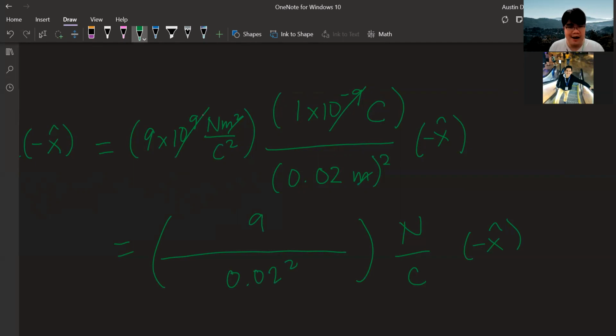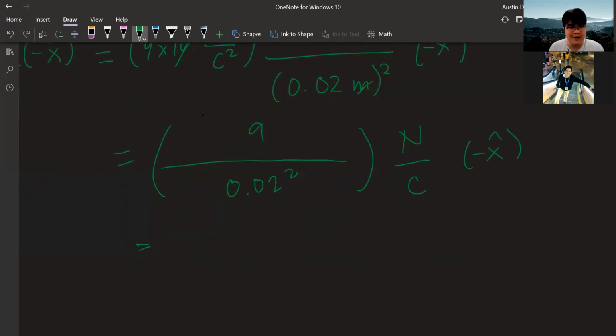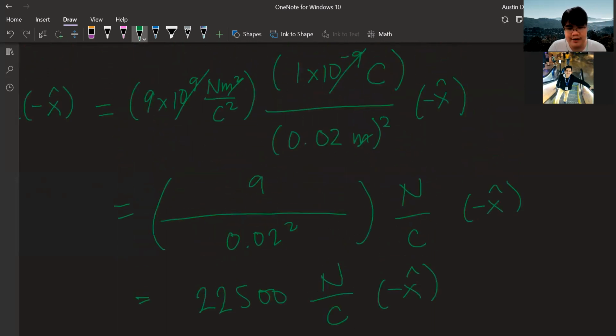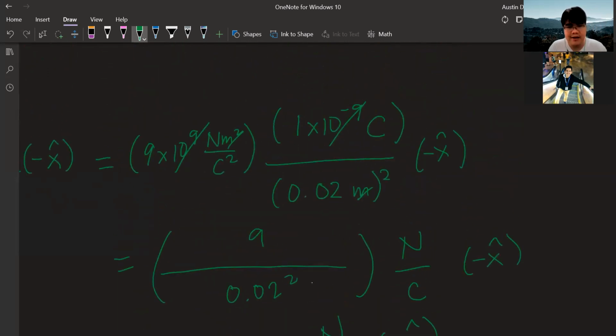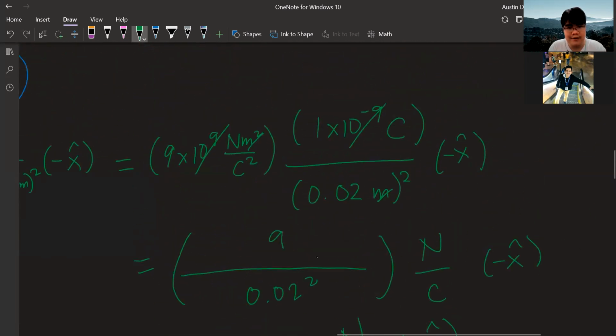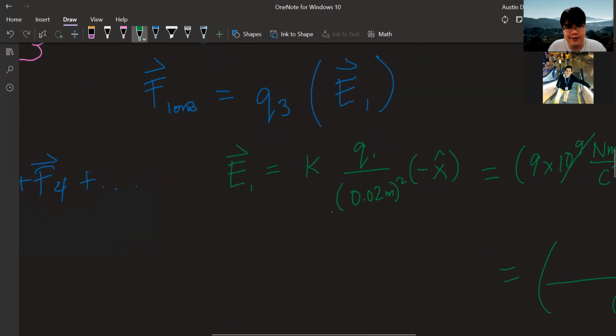And then, yung lalabas, kapag kinalculate ko itong buong to, that would be 22,500 Newton per coulomb. Tapos, in direction niya would be negative x. Okay? Now, this is just the electric field. I would want the force. So, the force would be